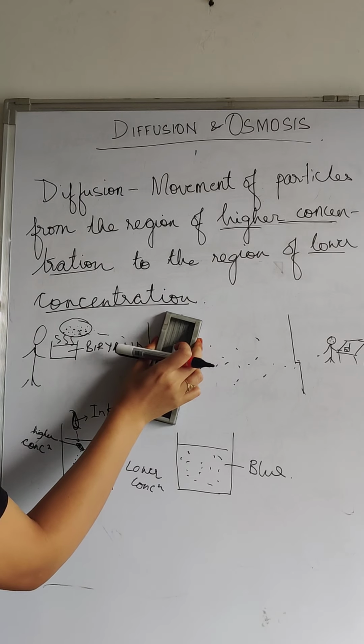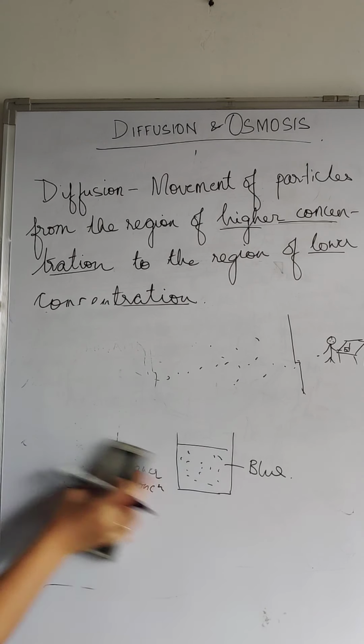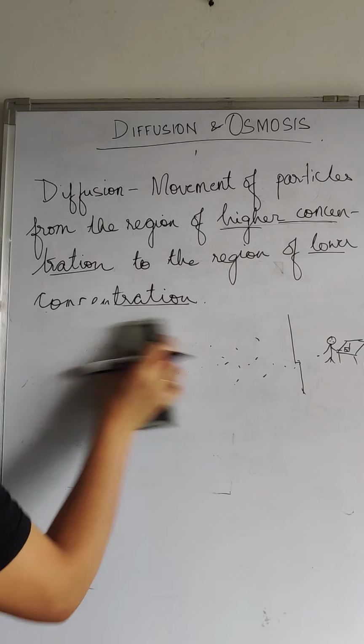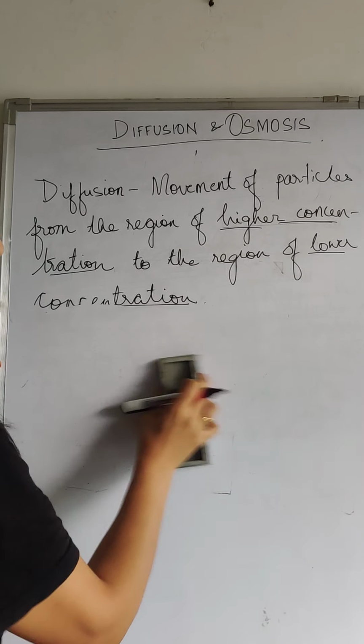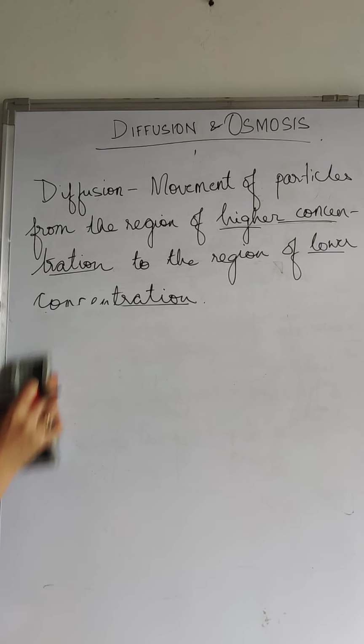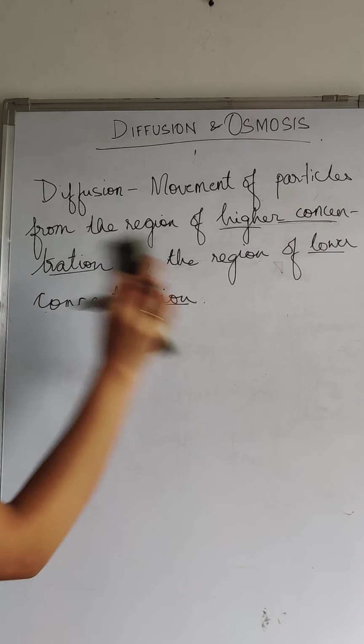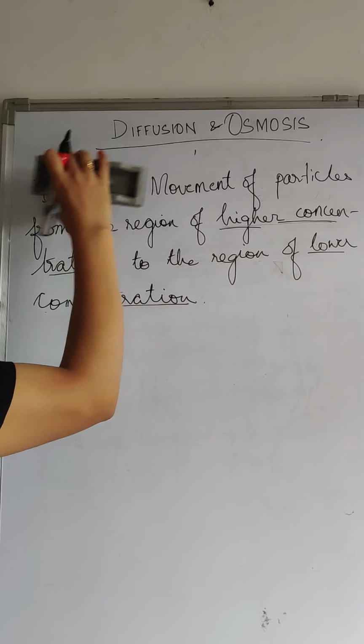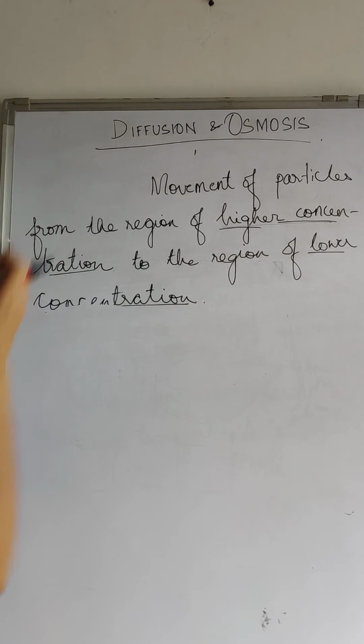What is osmosis? Okay. Osmosis is also a type of diffusion, right? There's not much difference between osmosis and diffusion. It is also the movement of particles, but which particle here? I will not rewrite the statement. I'll just change some words. Okay, you see,